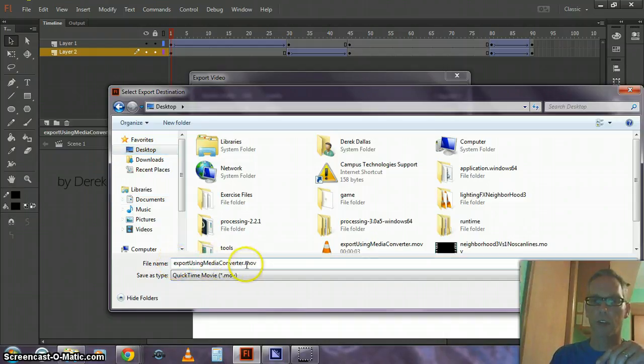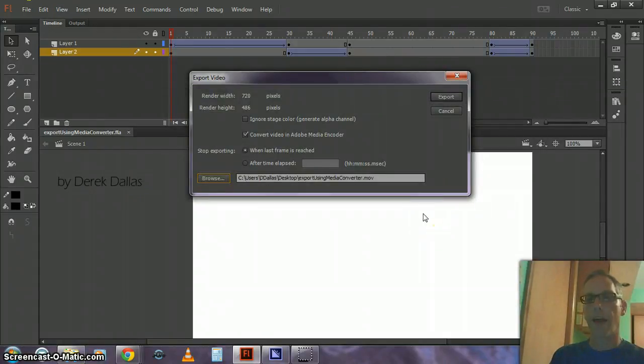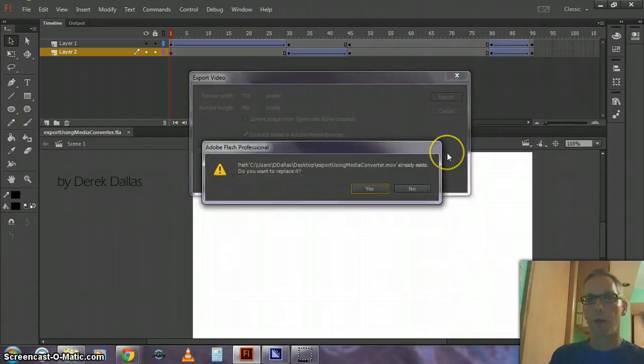And since this is just an example, I'm just putting an example name here. I'm going to say OK. If I have a name that already exists, it'll say, do you want to replace it? Make sure you have your name and the project name and the class number and all that as listed in the project notes. Once I do that, it's going to open up a